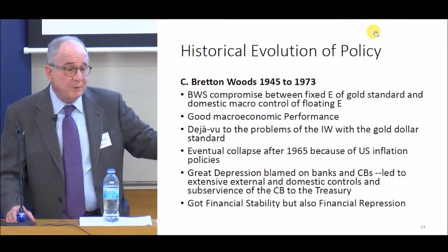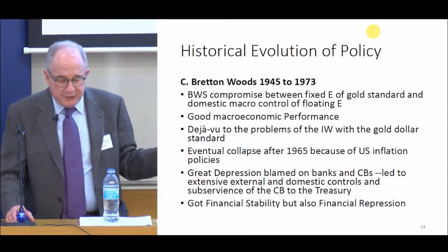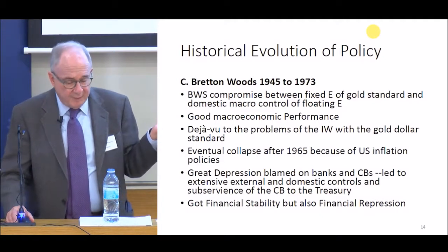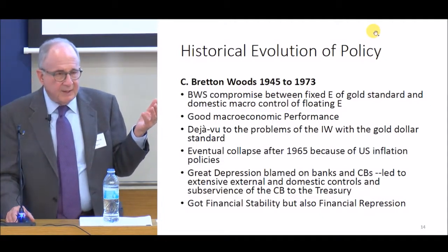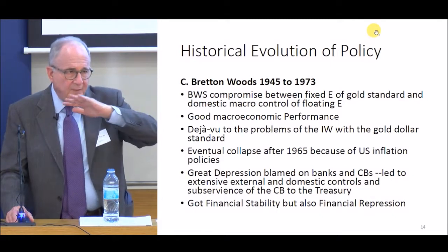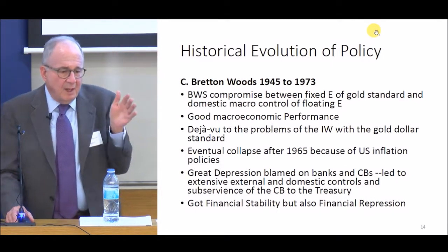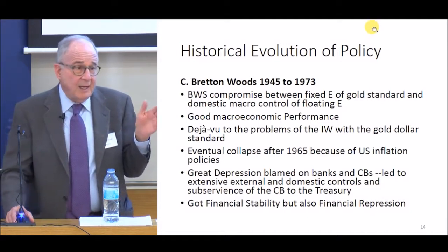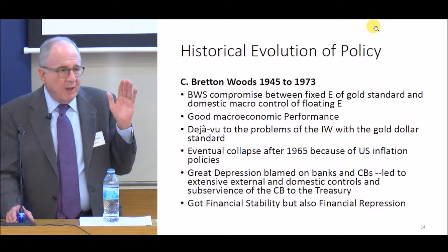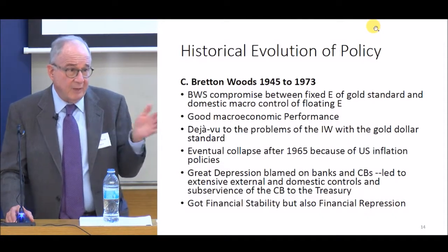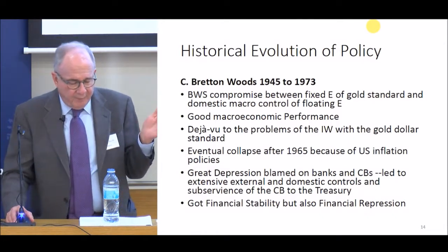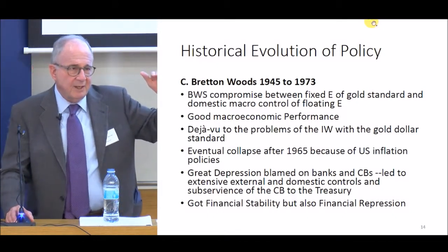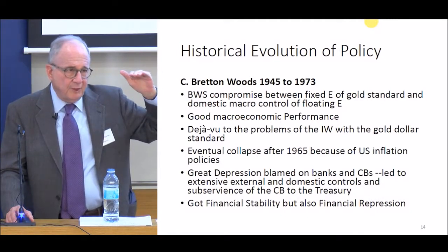And that's a compromise between fixed exchange rate, gold standard, and having floating exchange rates, which gives you monetary independence. And the system, again, is very complicated, all the attributes of Bretton Woods, but it actually gives you pretty good macro performance in the 50s into the 60s in terms of low inflation, stable inflation, and low and stable real performance. But the problems of it being on a pegged exchange rate, which evolved into something called the gold dollar